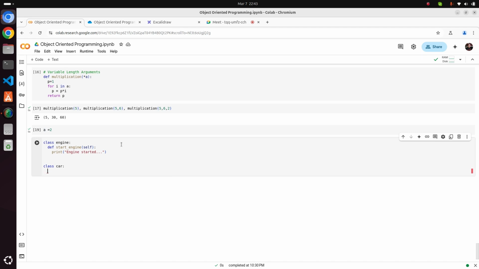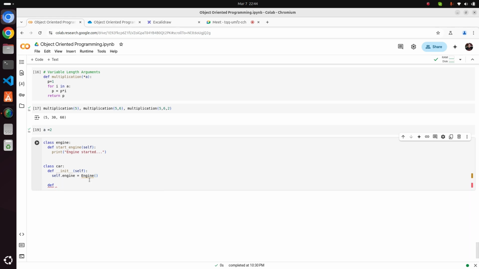Now I have a class Car. Now Car is not inheriting anything, but what it will have is def __init__. Another way is, instead of this, you can also write it like this, which means it is returning None. This is also a way you can see at some places, right? But right now we are following this. Now when we create this, inside it let me create self.engine equals to an Engine object, right?